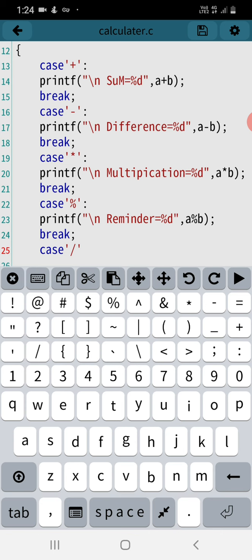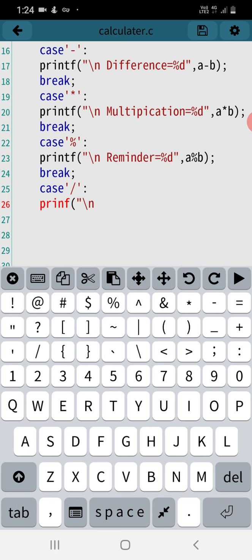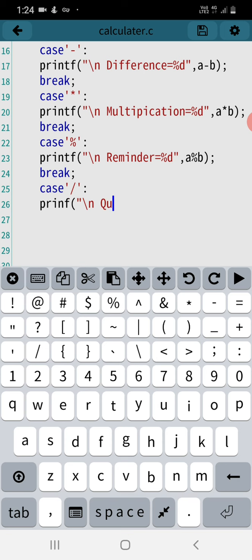In the division, here we will get the quotient of the division. printf("\n\n division quotient %d", a/b); that means a division of b. break;